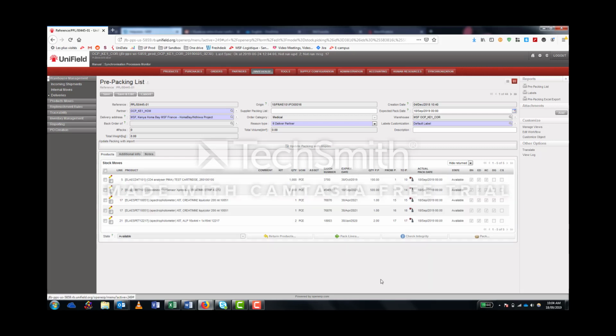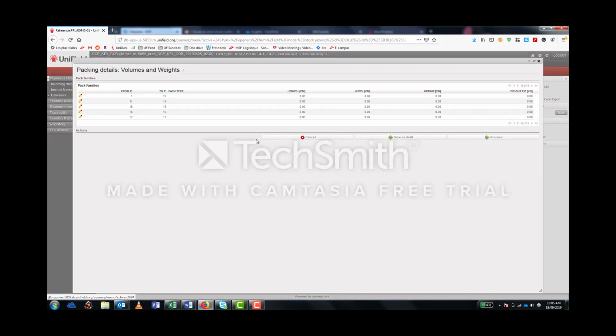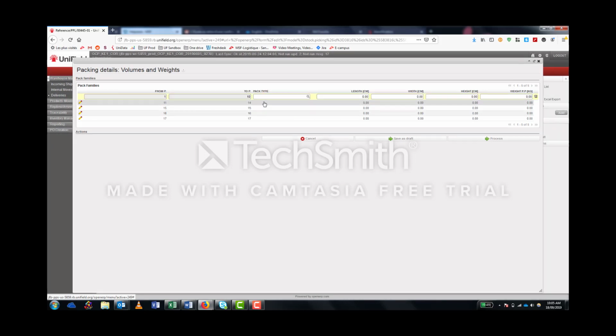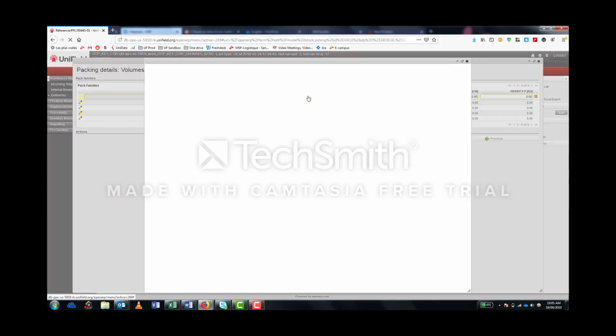Let's now pack everything. If I were to pack partially, I could tick the boxes of the lines I will pack, and I would click on Pack Lines. Here, I will pack everything. I am now in the packing details. For each parcel, I need to indicate volumes and weights. In the new pick pack sheet, the weight is no longer mandatory. However, we will indicate it. We are here in the long flow and we need detailed information because we will hand over the parcels to a transporter. As all cartons are identical, I will use a standard pack. Let's select it.